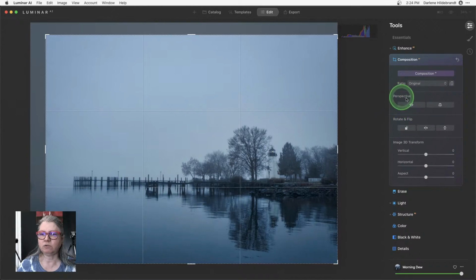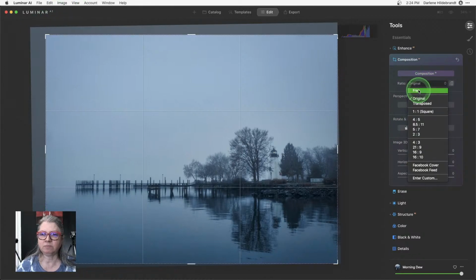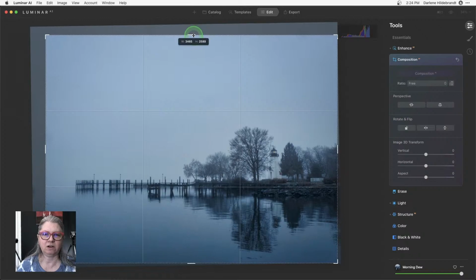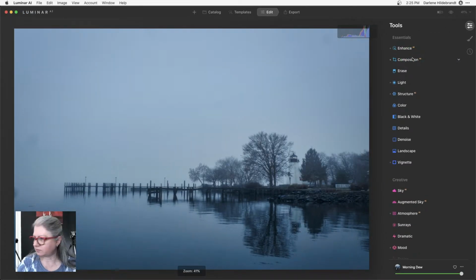And then I'm going to correct the perspective. This one here is correcting the tilt. So I'm going to just click it and see what happens. Okay, so notice how it corrected that. And I like what it's doing, but I'm just going to take a little bit of the sky off. Okay, so it's a little bit more sky than on the bottom, but not so much sky. And then to accept it, just hit enter.